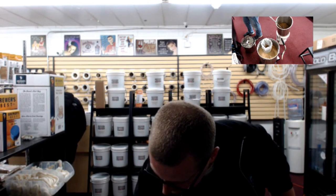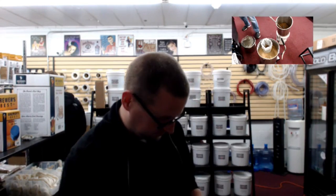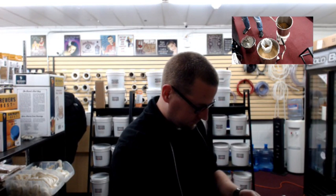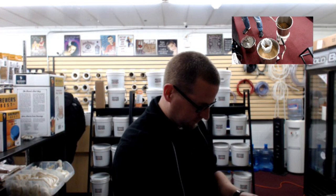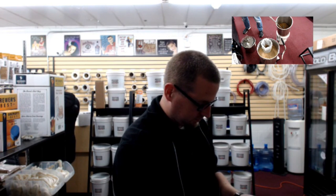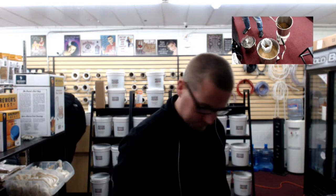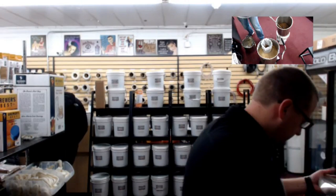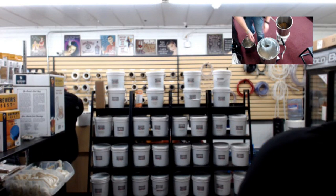What they do is they go through a double fermentation. So they start off with about a 12 to 14% pale. And then, after you start fermenting, they add additional sugars to it, and that beefs up the alcohol. Because if you start off with a really strong